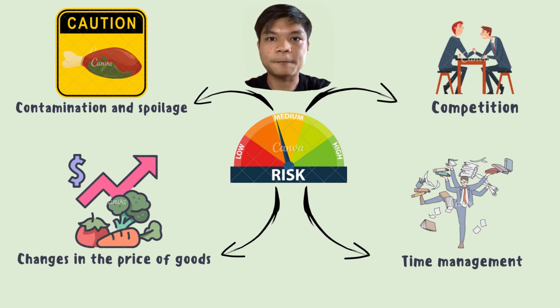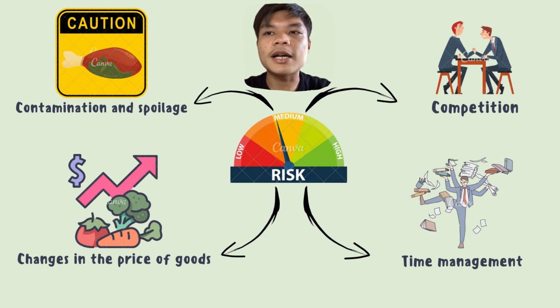with a dynamic market. The first risk that our business might encounter is contamination and spoilage. As most of us are living in dorms with limited space to store our ingredients, the chance of spoilage is high. This will cause changes in taste, appearance, and freshness of the food. Next is competition. We are aware of competitors from other sections which have similar business ideas to ours. To make sure our ideas are not too similar to the other groups, we have adjusted the price, appearance of the meals, and our services.